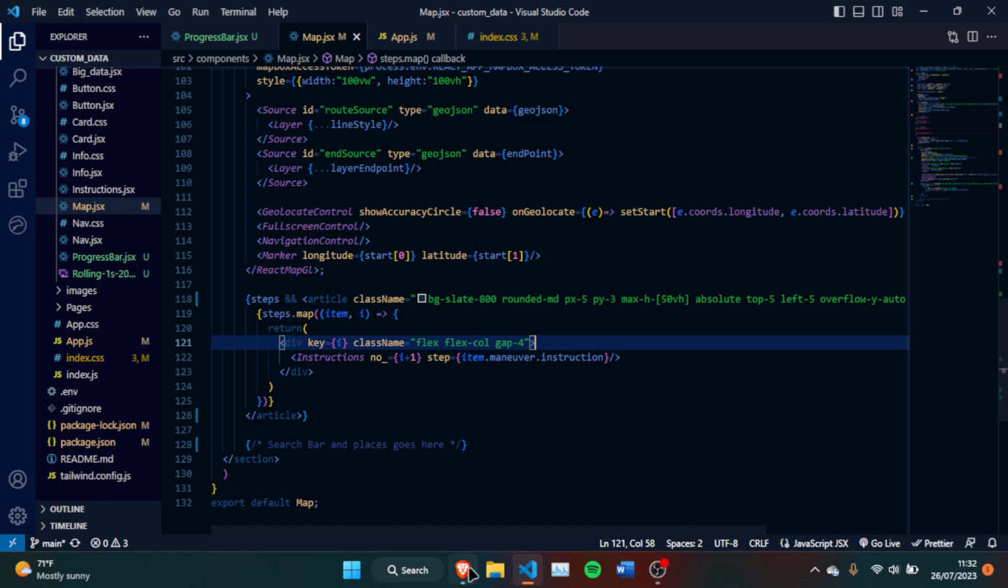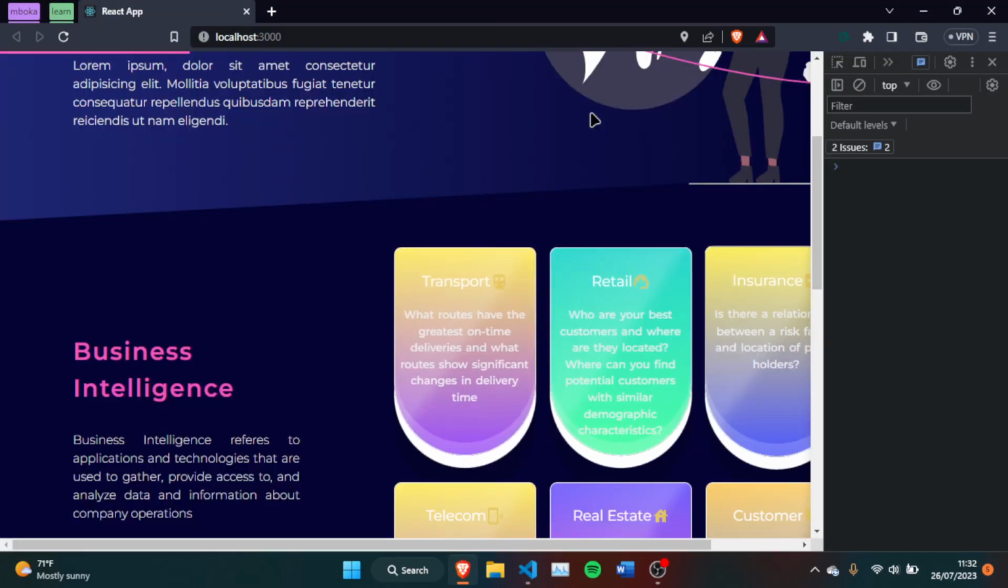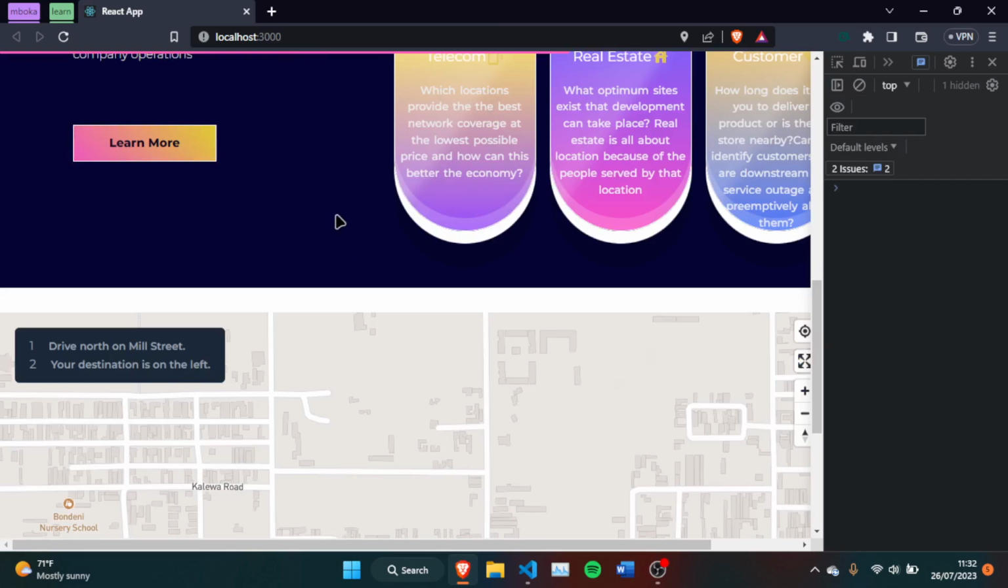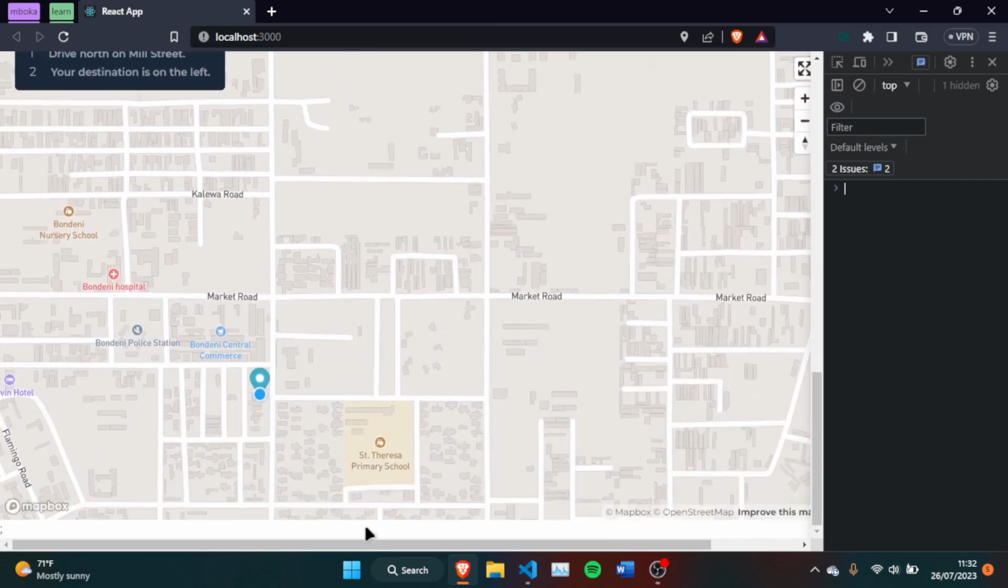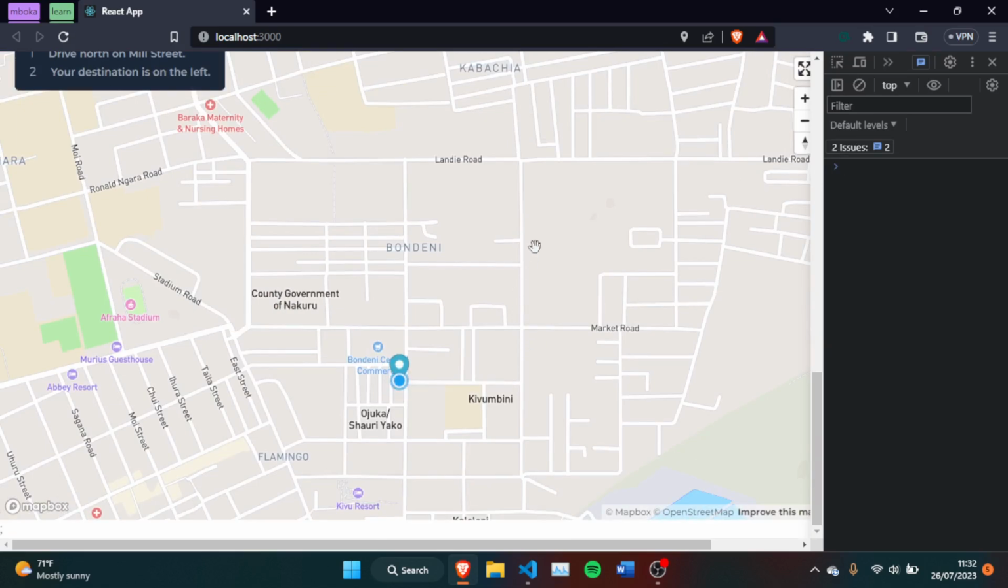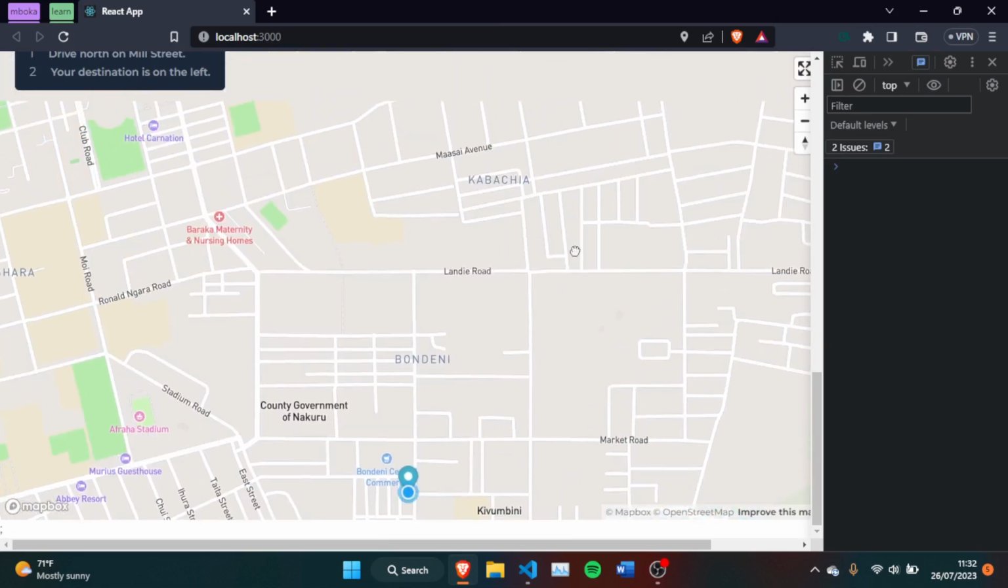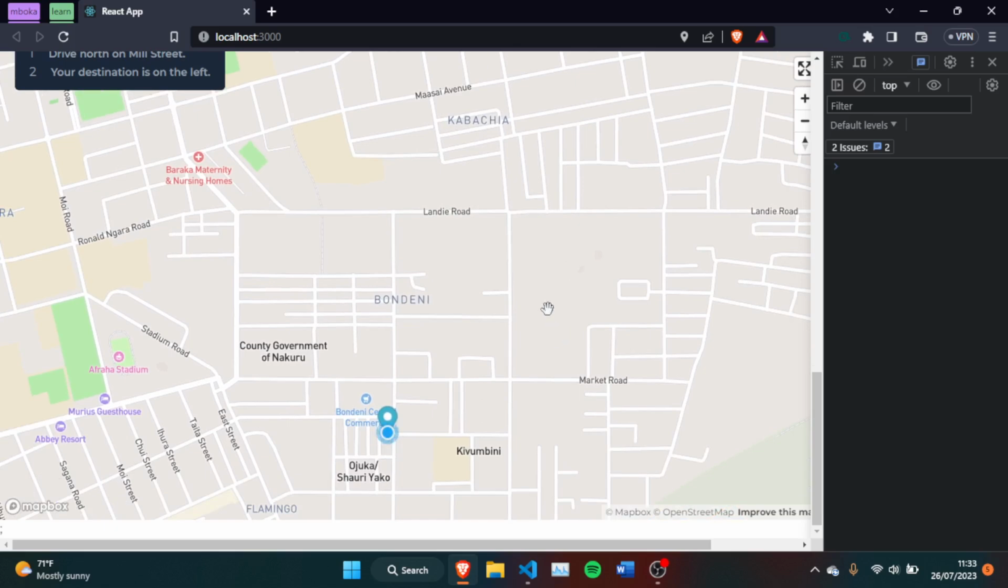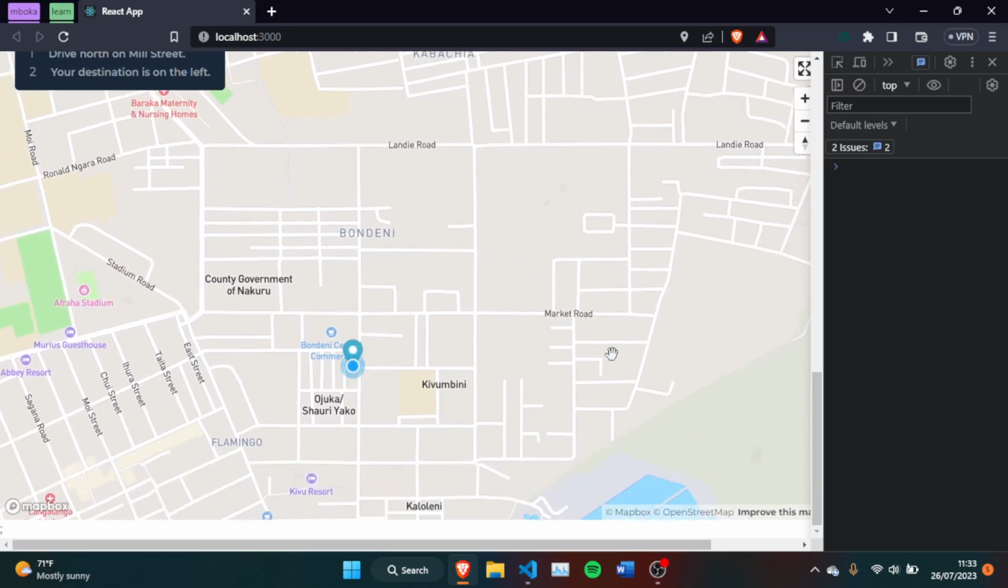Now, in the last tutorial, we saw how we can fetch data from the Mapbox Directions API and how we can dynamically render that data into our map. In this tutorial, we're going to be looking at something a little bit different. We are still going to be using an API, the Geocoding API, but just to demonstrate what we did last